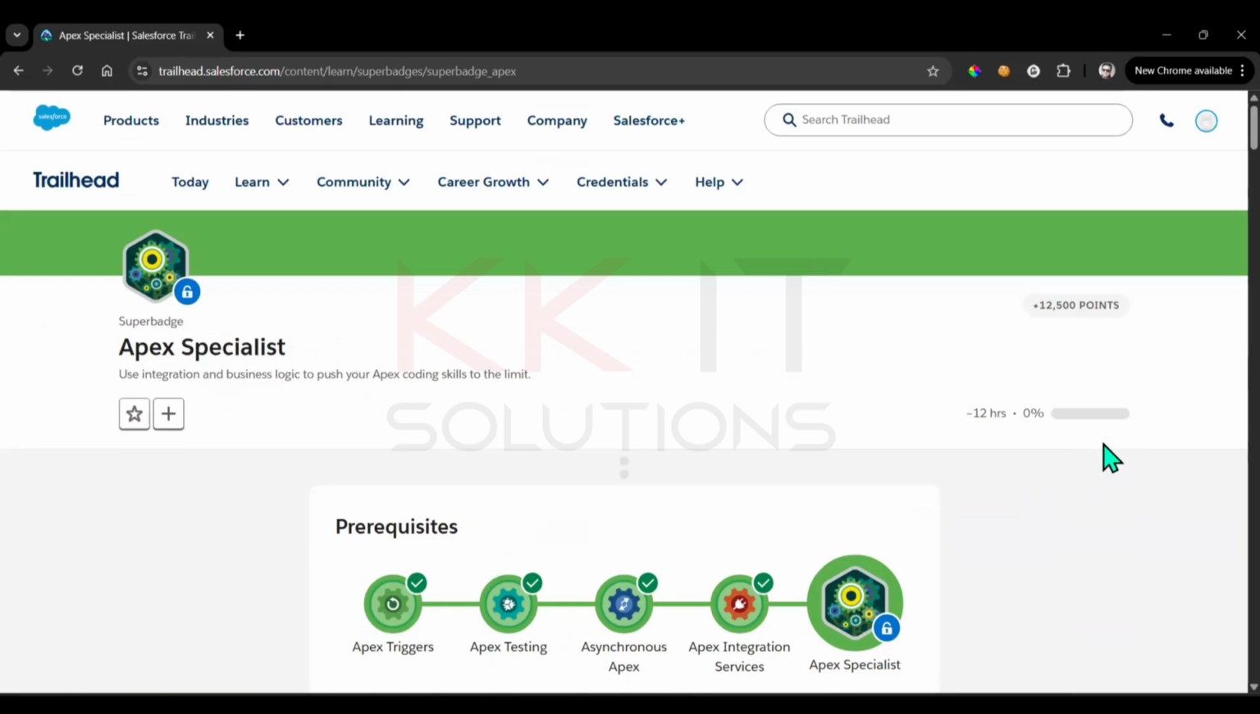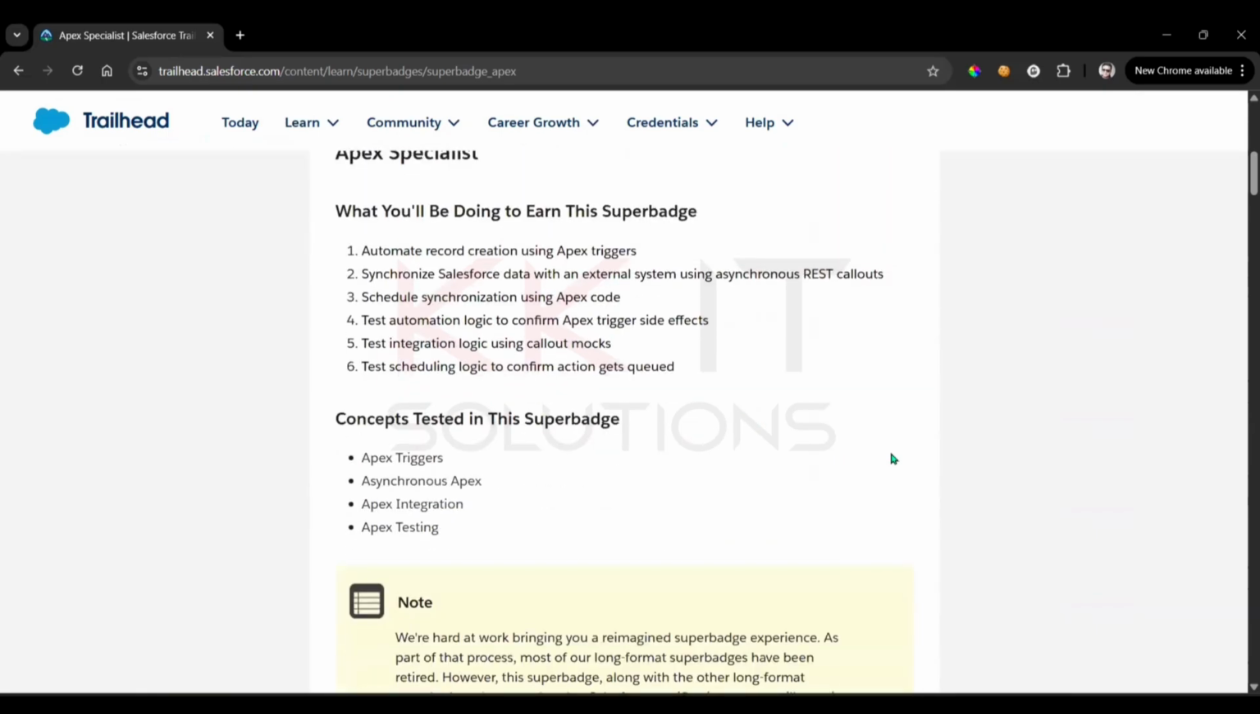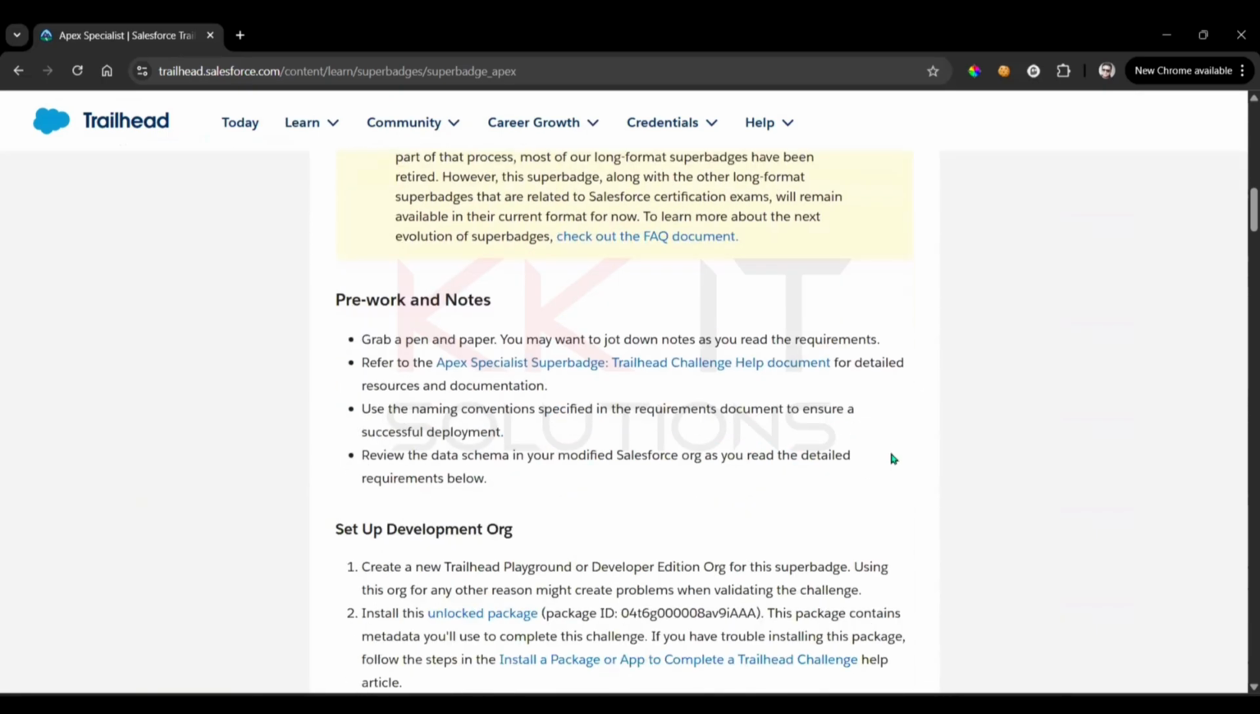Yeah, guys. So finally, we are in the Apex Specialist super batch. We already completed Apex triggers, testing, asynchronous Apex, and Apex integration services. Now we'll see the main super batch, that is Apex Specialist. So for this, what we have to do,